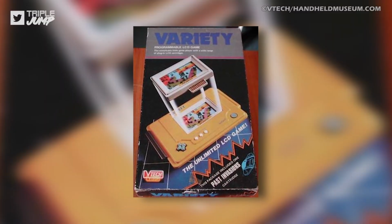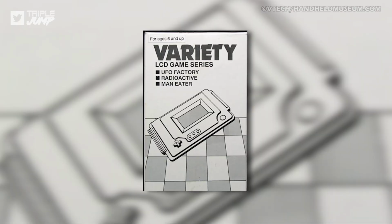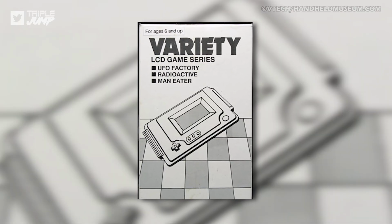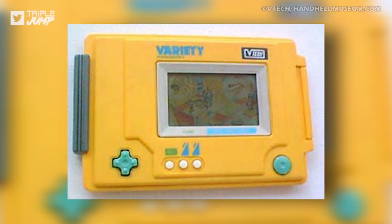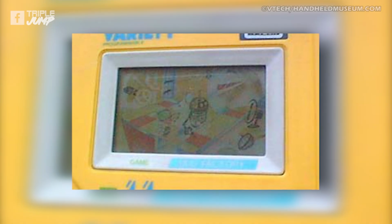Hey, do you want to make your handheld console impossible to research in a few decades? If so, take a page from the VTECH Variety and name it after a common word that people will use when discussing pretty much any topic. Here's a list of potential console names to get you started: the color, the play, the unit. VTECH naming their handheld the Variety makes it